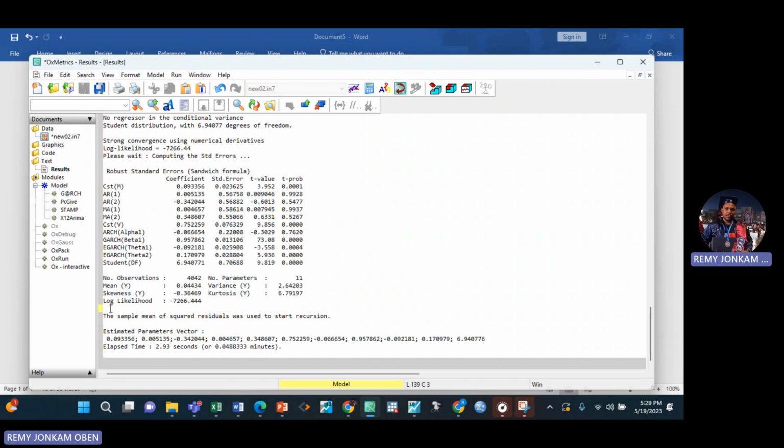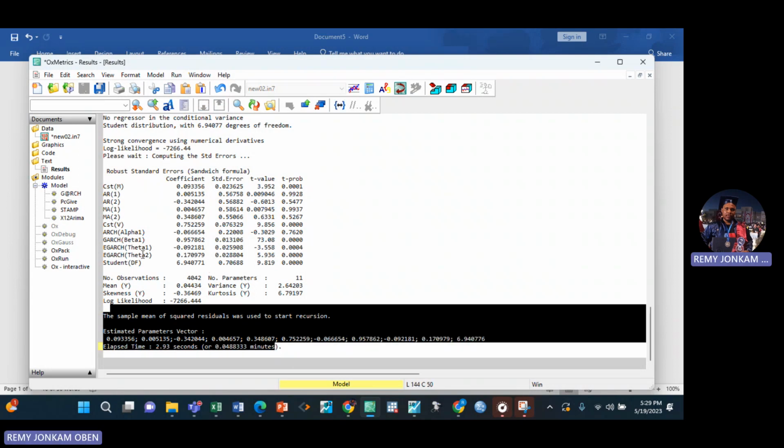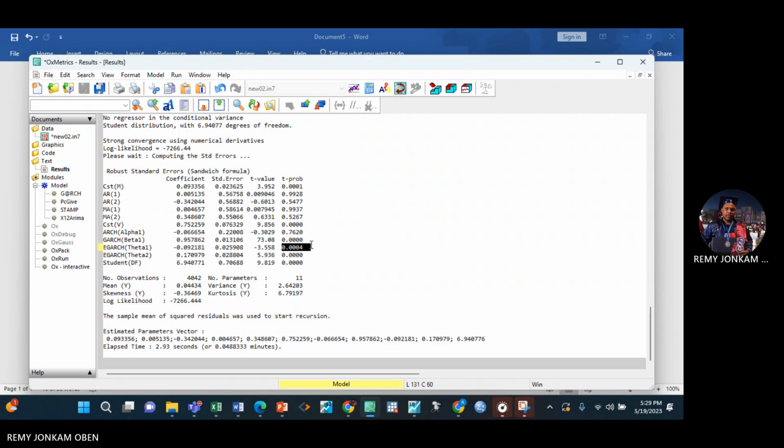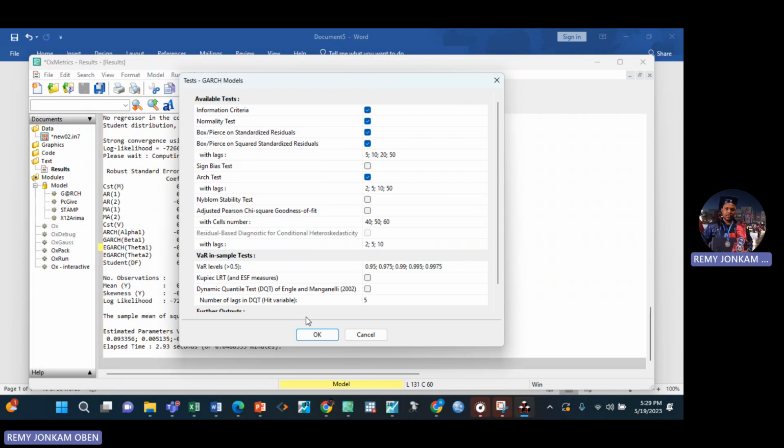And if you see down here, we have no constraints, right? So since this theta 1 is significant, it means it is fine. The model is fine. We can also come to test and test again. We are trying to check the properties to see if it has solved the initial problems with the ARCH effect and the serial correlation in the volatility series. So again, we have the normality test and the standardized residuals, the same things we had before. If I click OK,